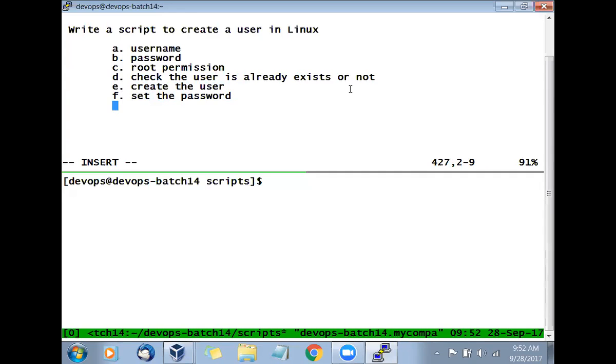Then we can have some optional tasks. What are those optional tasks? Make the user a sudo user and force the user to reset his password at first login.